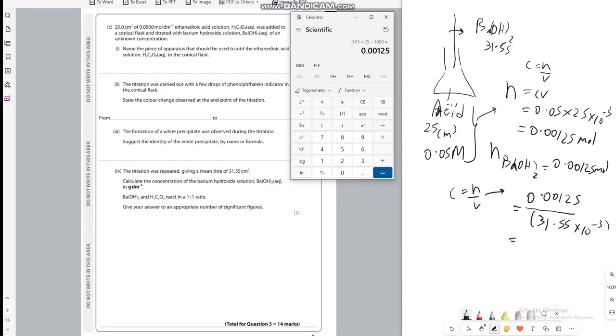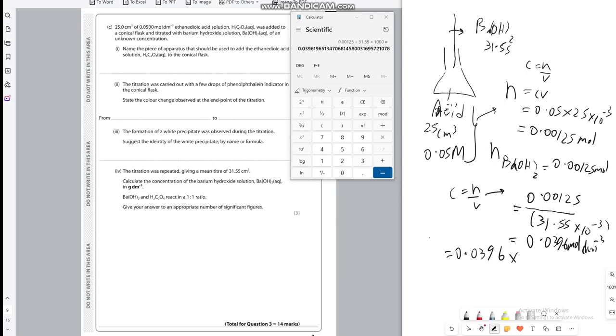This divided by 31.55, which will be 0.0396 moles per decimeter cube. So we need it in grams per decimeter cube. So we have to multiply by the molar mass. So it is 0.0396